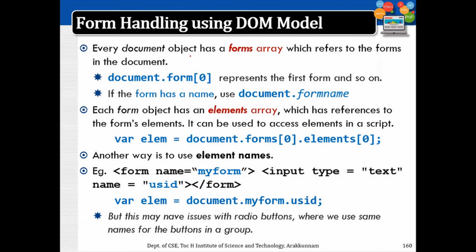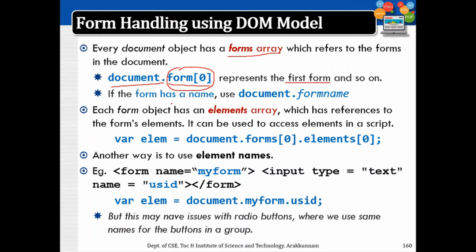Now we move on to using the form elements. Inside HTML we generally create forms. Form tag, hope you remember from the last one which we studied in module 2. The form is also created as an array which refers to the elements of the form. So document.forms[0] refers to the first form. Any HTML page can have any number of forms, so forms is created as an array. forms[0] refers to the first form.